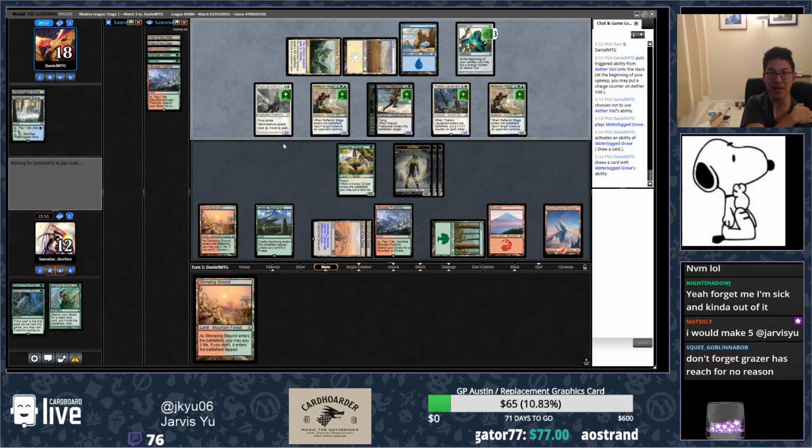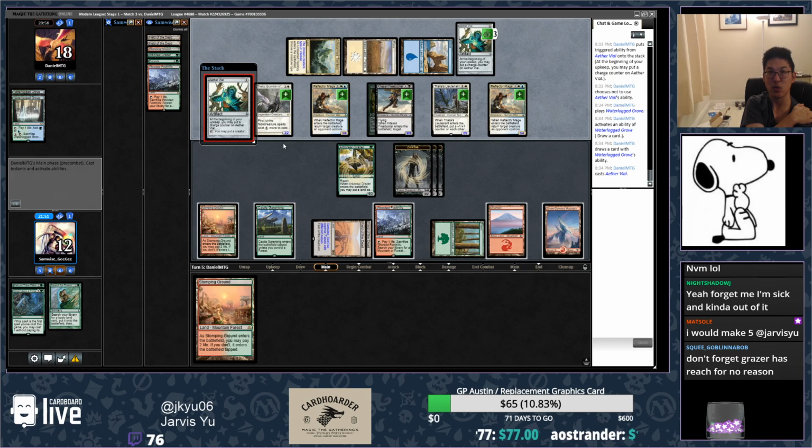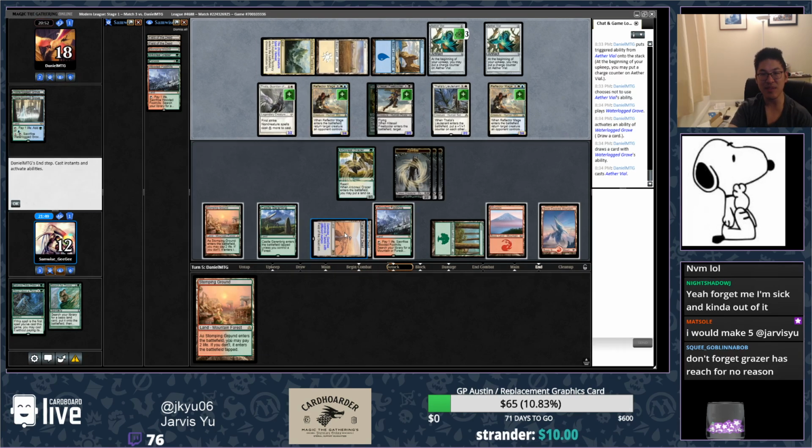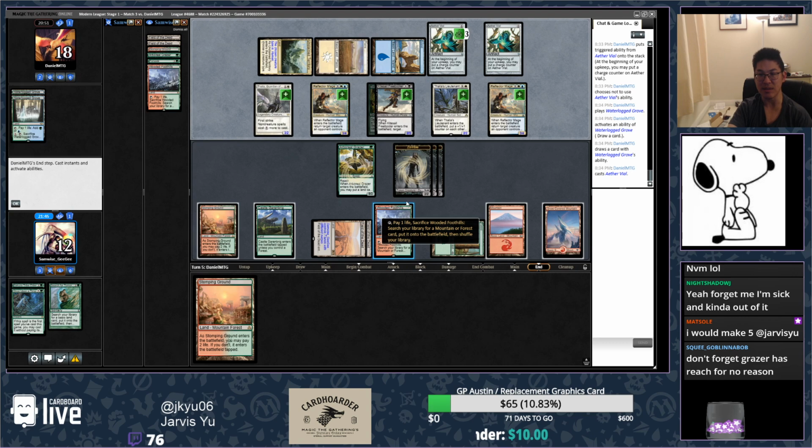Yeah, I know that Grazer has reach. Ooh, a second vial? That's not what you want, friend. That is not what you want. So I want to leave the Sheltered Thicket in my deck because...